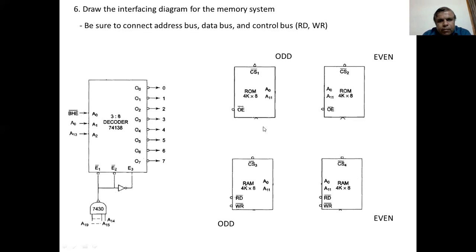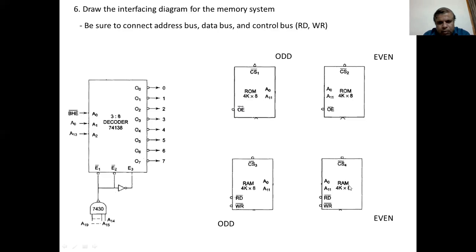And see the address lines of this ROM, A0 to A11. There are 13 address lines, but when labeled, it is labeled as one less than the total number of pins, so A0 to A12 actually. So A0 to A11, and it has OE bar, output enable bar. It is similar to the read bar, because ROM is used to perform only read operations. So this is about the ROM pin connections.